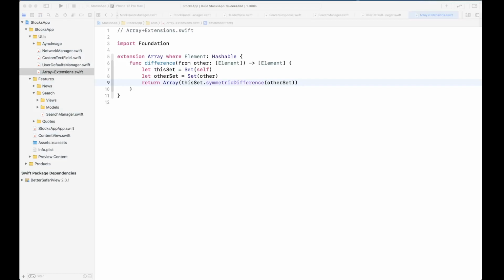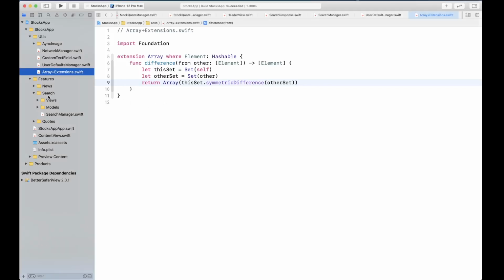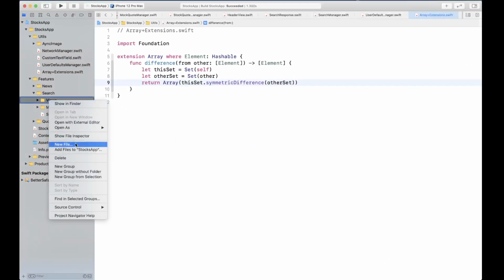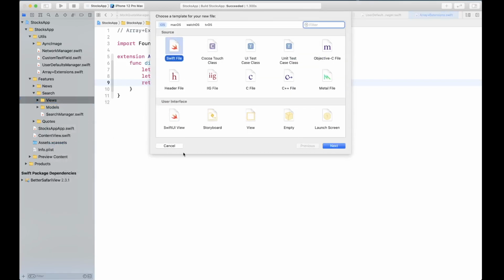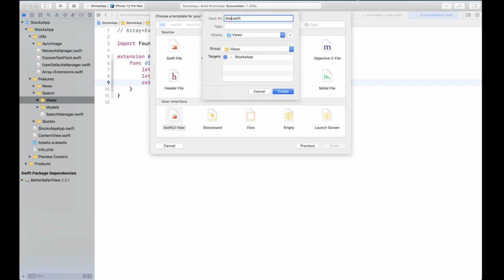All right. So now once we have these two utilities, let's go ahead and work on the search view itself. We can actually create a view under search. For the search manager, we're going to create a new view, and this is going to be a SwiftUI view, SearchView.